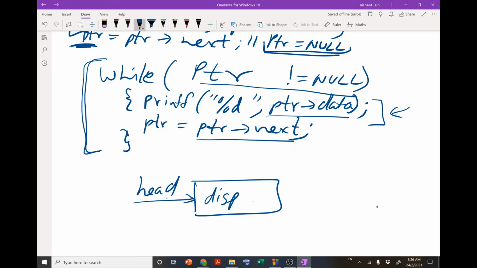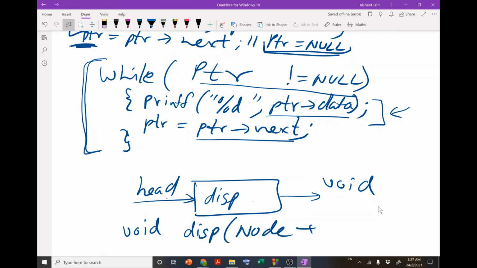Since we are not updating the value of head while printing the values, we do not need to return any value, so the return data type will be void. We can declare this function as void, with the parameter node star head, right? So this will be our function declaration.